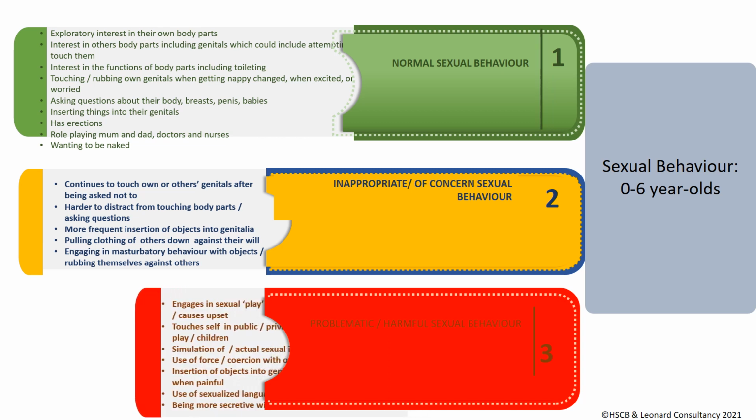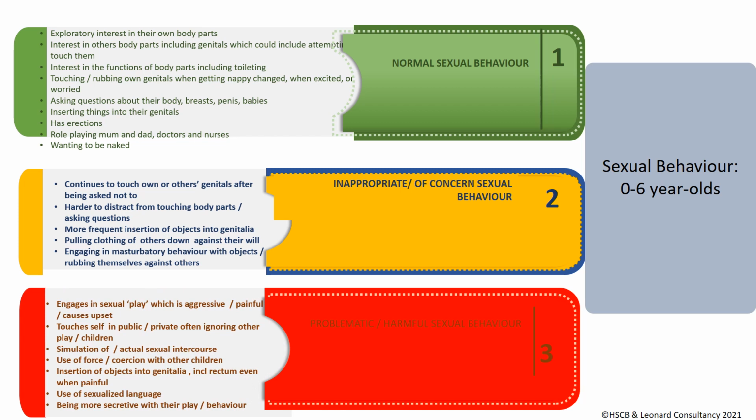If we go on to take a look at what would be problematic at this age, that's where they're clearly engaging in sexual play which is aggressive, painful, and causing upset, and they can see that it's causing upset. Despite you advising them not to touch themselves in public, they do it and ignore it to the level of other play. So if other children are there playing away, but the child is sitting and engaging in masturbatory behaviour of themselves,